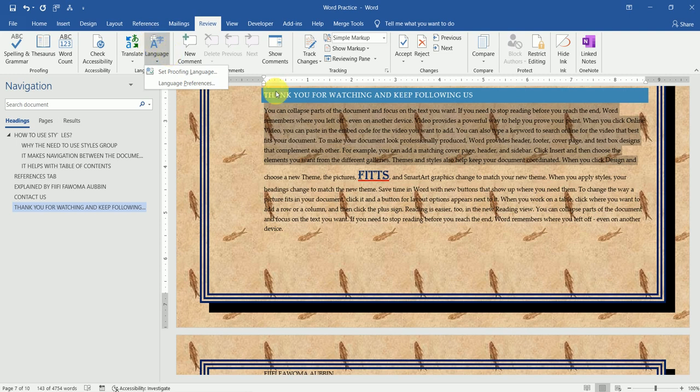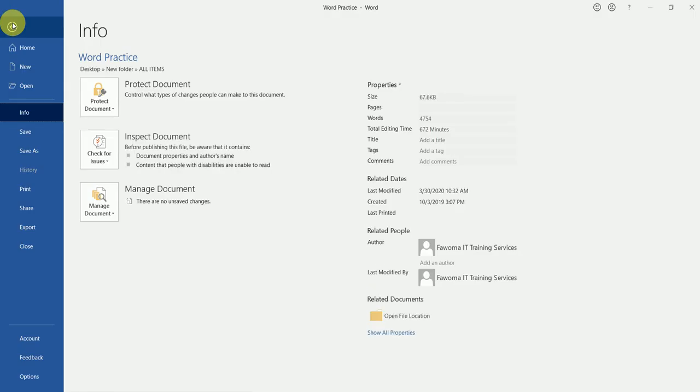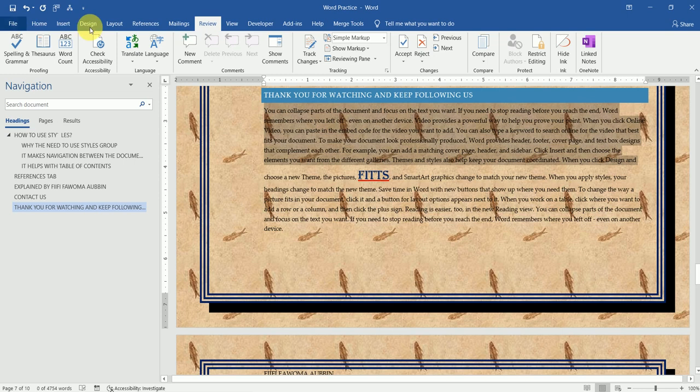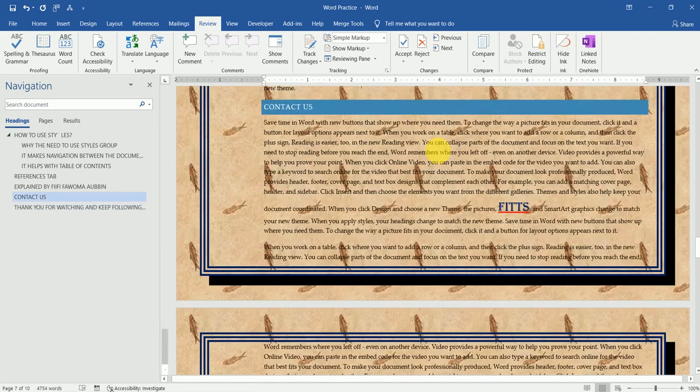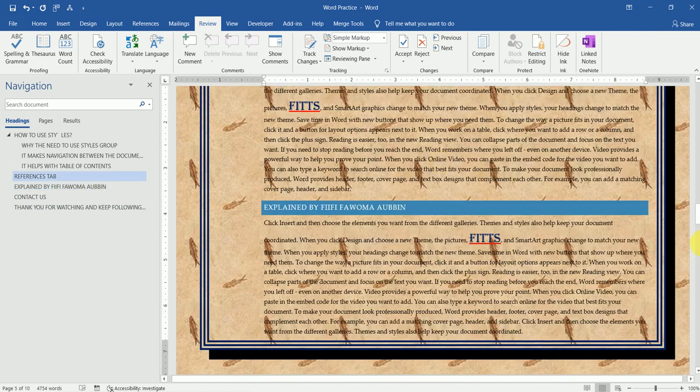Then you can set proofing language. So later I'll take you to the file tab and we explore so many options under this particular section. Then you get to appreciate how powerful Word is, and it's not basically just for typing and doing a double spacing. Okay,